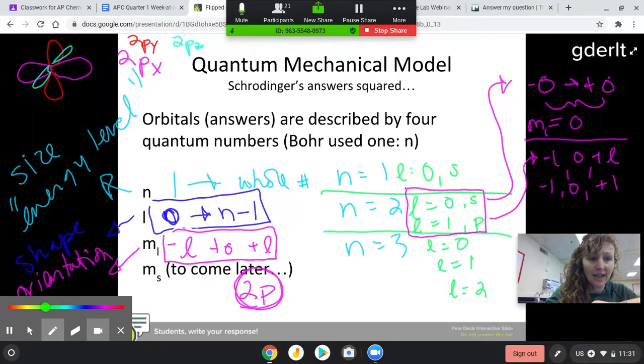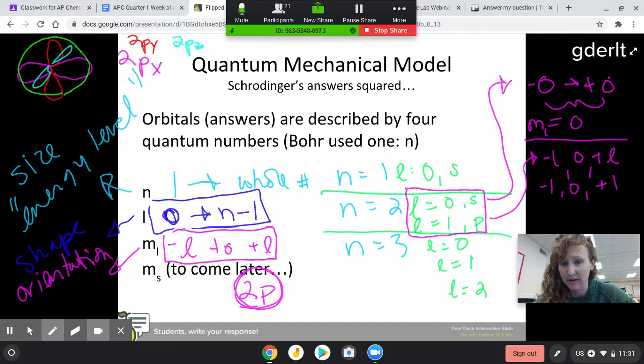So my second energy level would look like all of these shapes together, a 2s and 3 different 2p's, 2px, 2py, 2pz. That would be the second energy level. But if you're talking about one orbital, you're just talking about the purple, or you're just talking about the red,